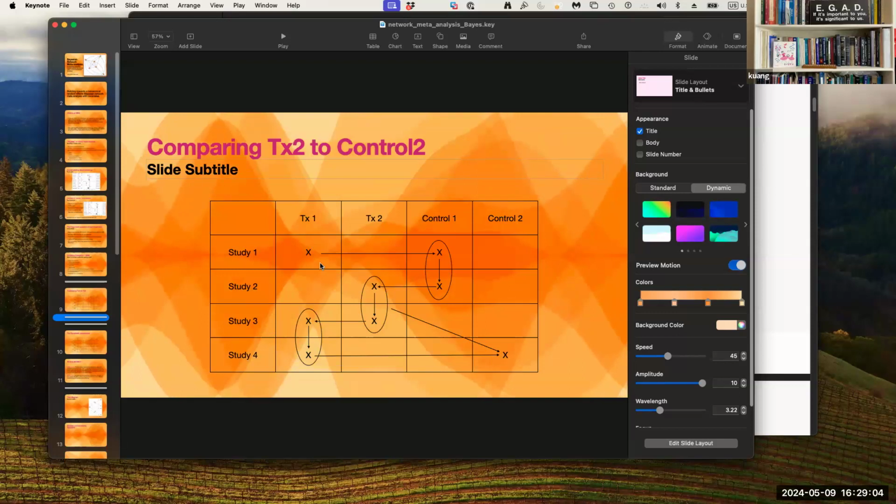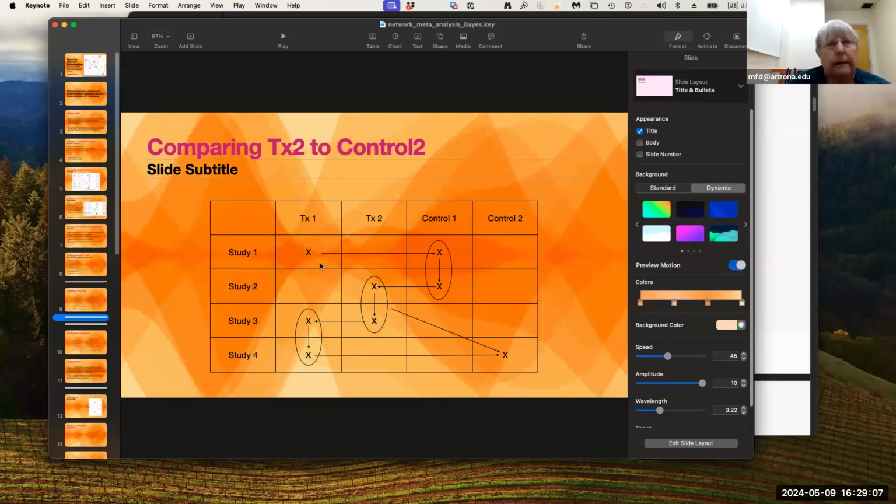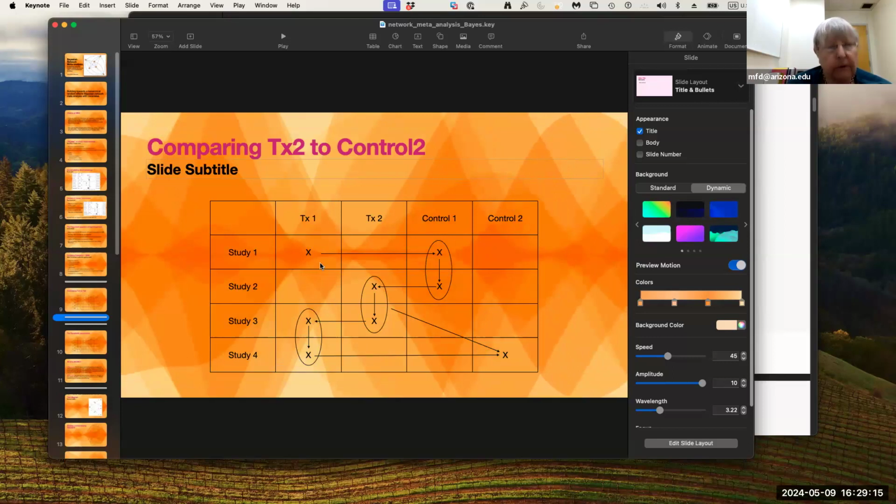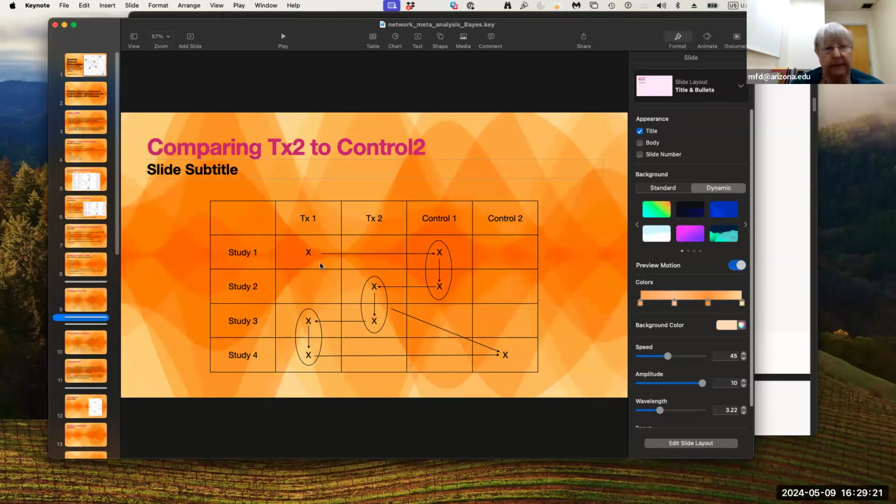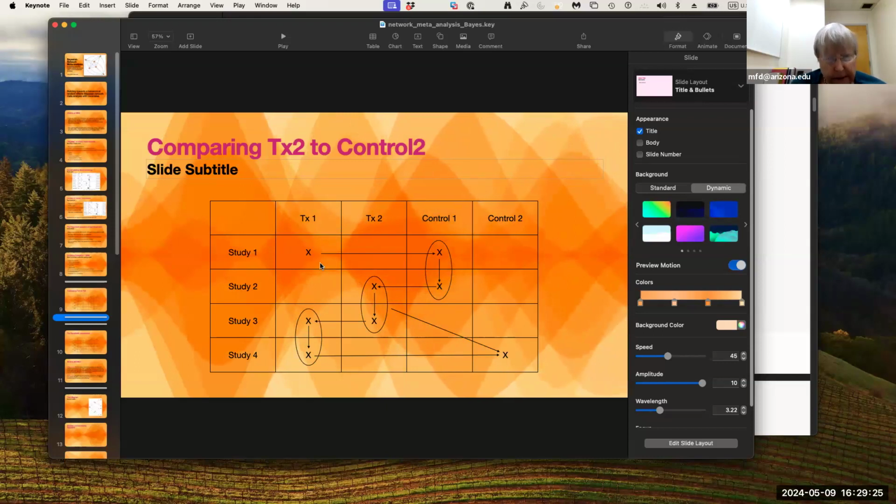So let's say that control group 1 is they don't get anything at all. And the control group for study 1, they don't get anything. The control group for study 2, they get an equivalent amount of attention on something. The control group for study 3,